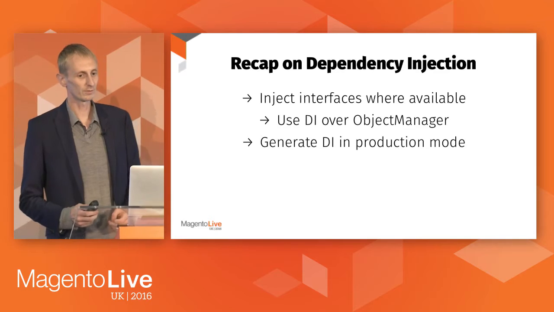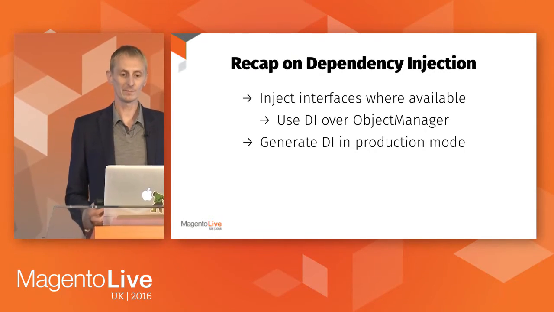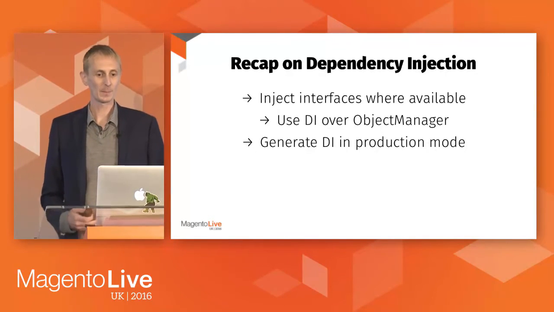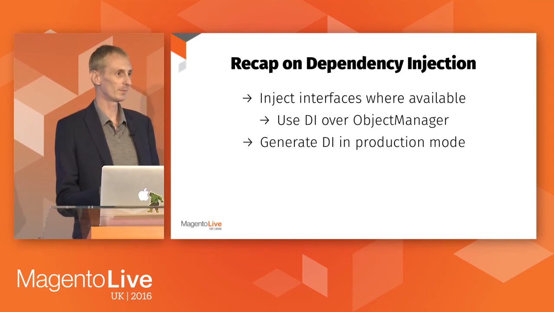They are still a work in progress in Magento 2. It's an ever-evolving system. More modules are being given interfaces, so if there is an interface there, make sure you use it. And we should always use dependency injection. So the rule being, if there's an interface, inject it. Don't use Object Manager, otherwise Ben Marks and the core team will cry and shout, and I'll cry as well